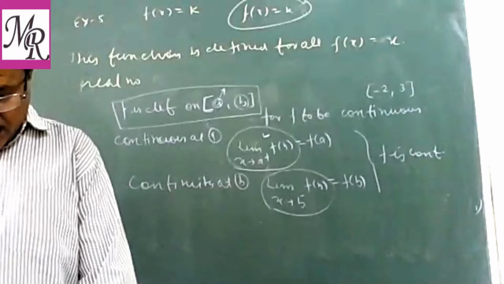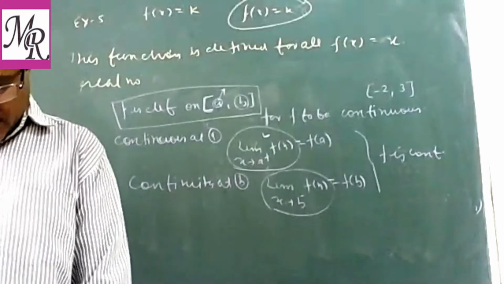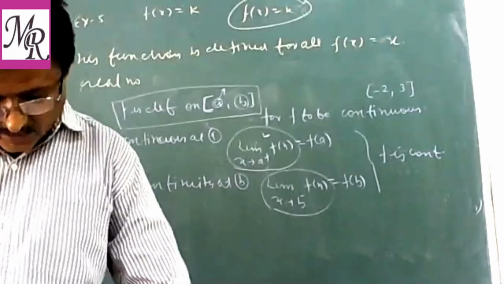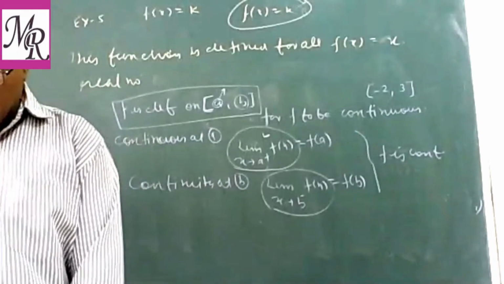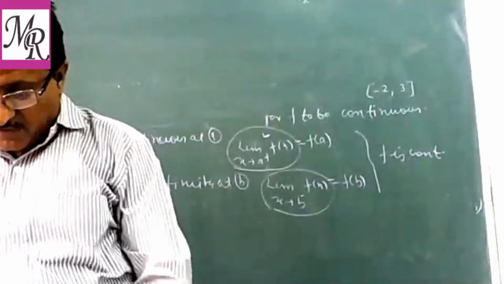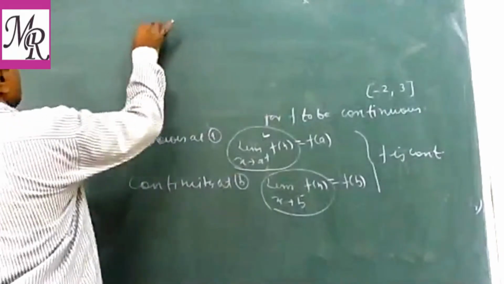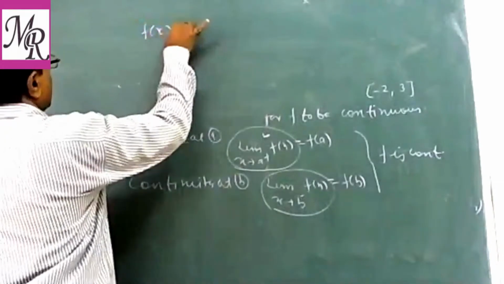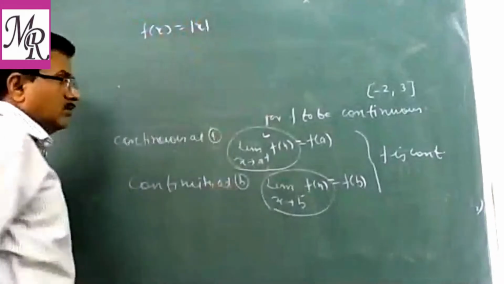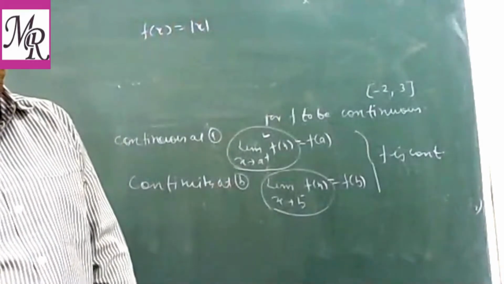If f is defined only at one point, it is continuous there, and if the domain of f is singleton, f is a continuous function. अब इसमें देखिए एग्जांपल्स कुछ करते हैं हम इसी को. Example 7: is the function defined by f(x) equal to mod x a continuous function?